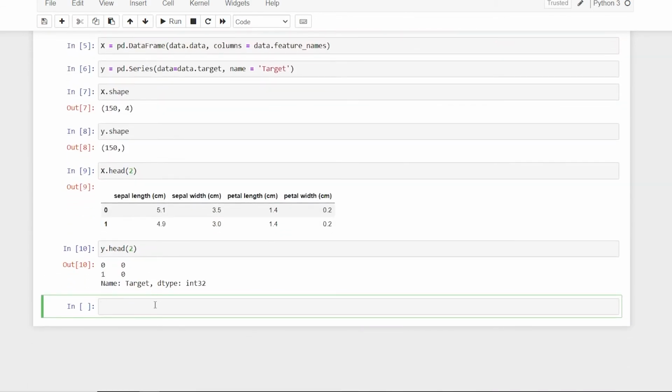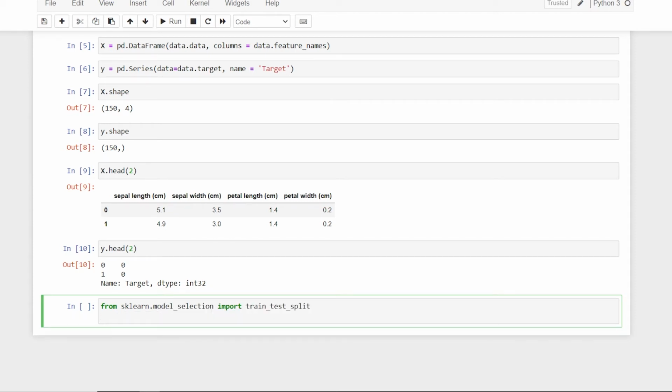All right, so now the way I do it, I'll say, okay, so I'll have to split the data. So I'll say from sklearn.model_selection import train_test_split. Here I'll say x_train, x_test, y_train, y_test, and then I can say train_test_split, which is going to take my x, y, and test size I can mention. So let us say 10%. So 15 values for testing. All right, so that makes us 135 values for training, 15 for testing, gives us total of 150 values.